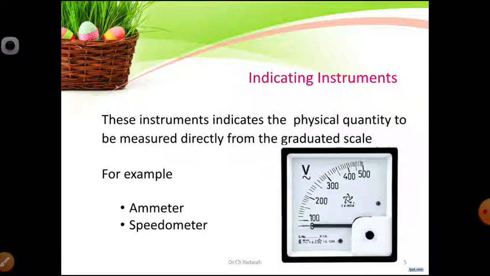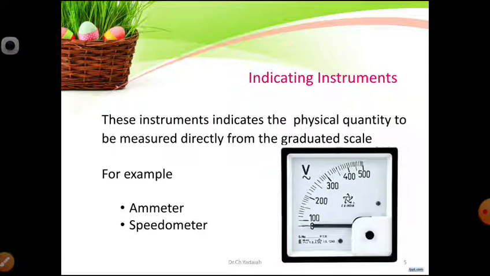When we are going to stop the motion, that is when the brakes are applied, then we come nearby rest. At that condition, the pointer will come from 50 to 0. When we are stopped, it indicates 0. That means it indicates at that moment, the instantaneous value when we measure. That is the indicating instruments.